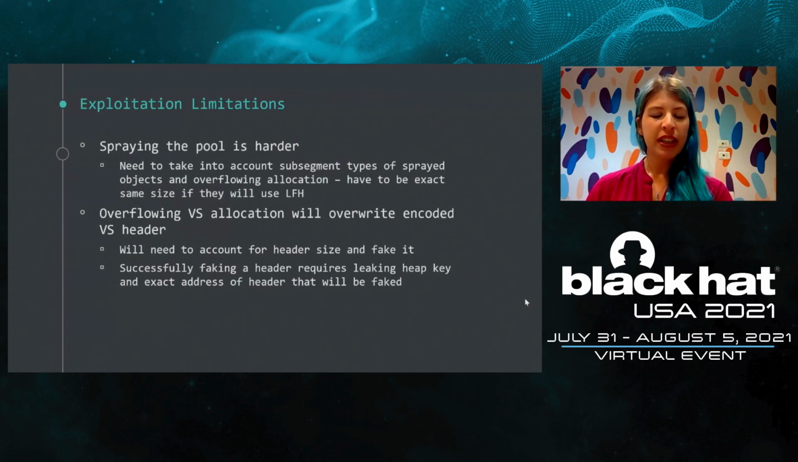Also, we don't necessarily know that all of our sprayed objects will necessarily end up in the same subsegment. Even if it's the same subsegment type, we can have 4 pages of LFH subsegment, then 9 pages of VS subsegment, then 5 pages of another LFH subsegment, but of a different size. We don't necessarily know that we'll have all of our sprayed objects immediately one after the other. We can't know that the pool block we're overflowing is not at the end of a subsegment and will overflow a different